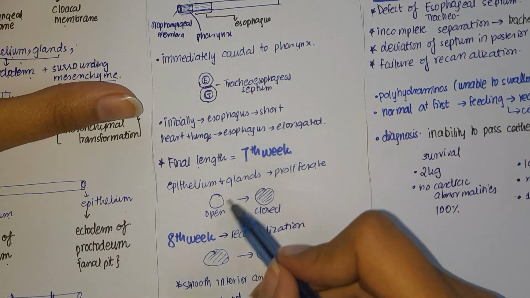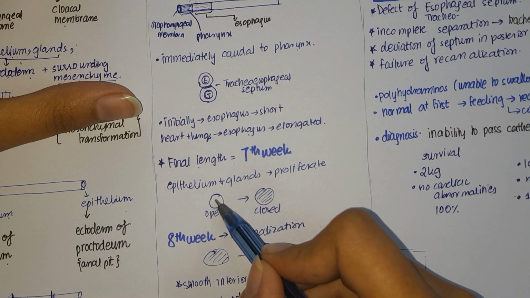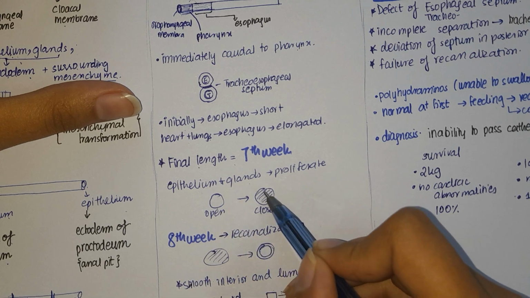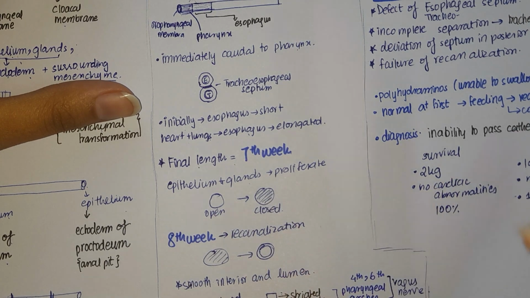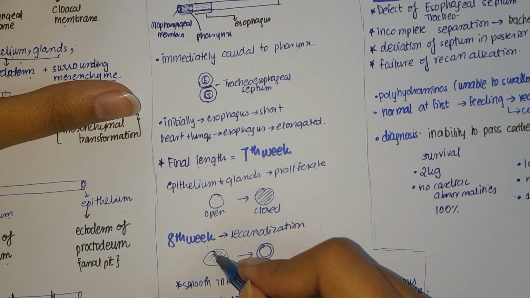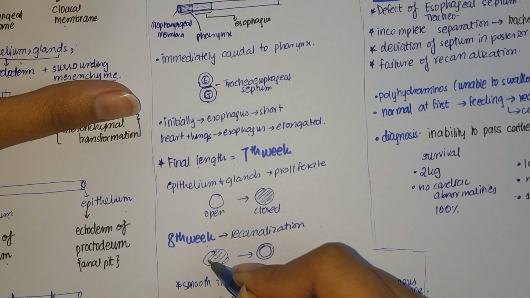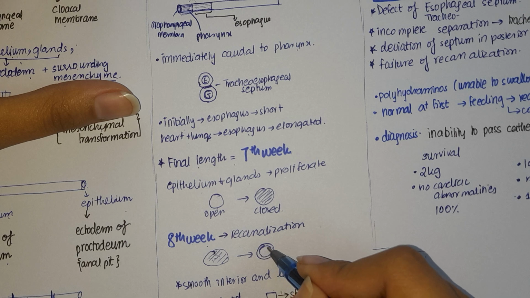But now these epithelium and glands start to proliferate, or start to grow, during that 7th week, and they grow so much that the esophagus, which was open like this, is closed by a membrane. It is completely filled by that membrane, and the tube is completely obliterated. But at the 8th week there is recanalization. That membrane starts to undergo necrosis, that is, its cells start to disappear,